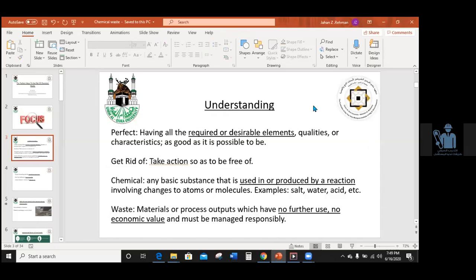The term waste. But in simple words, waste is that thing which is not for our use, but maybe used by another person. For example, if I have my old mobile, it is waste for me, but not a waste for everyone. So the definition of waste is changing with respect to the person.